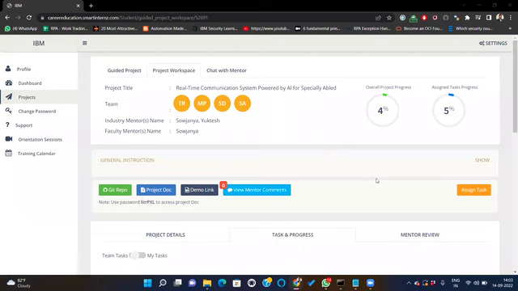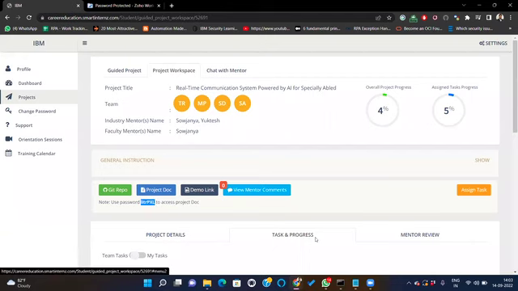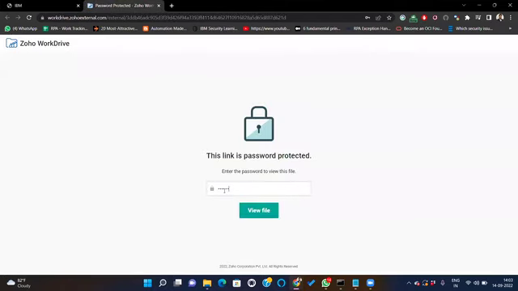Next, the question is, how do they upload the project doc? Let me show you a sample demo of it. This is the doc where the students will be writing their project report and the other theoretical submissions, dear faculties. I just clicked on project doc. To access it, I have to give the password, which is there for me here in black bold letters. Please ask the students to just copy the letters. If they copy the space, it will show as a wrong password. So I'm copying the password and clicking on view file.